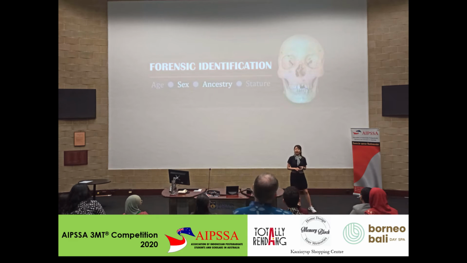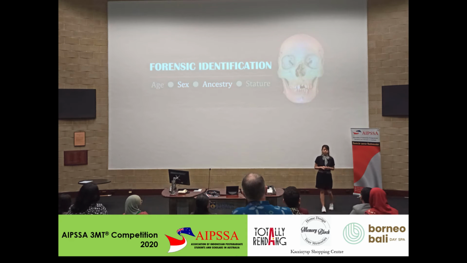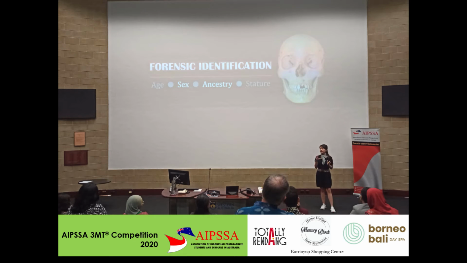So in my project, I investigated whether we can use the adult mandible or the lower jaw to estimate both sex and ancestry from two different populations, Malaysian and Western Australian. So I used CT scans to create a three-dimensional visualization and compare both the size and the shape between sexes and between populations. My results show that the size of the lower jaw is better to determine sex,